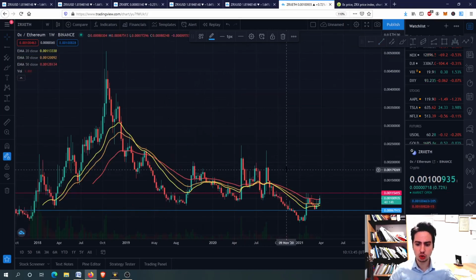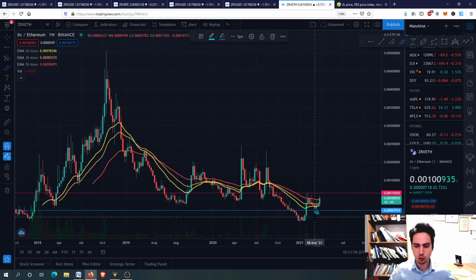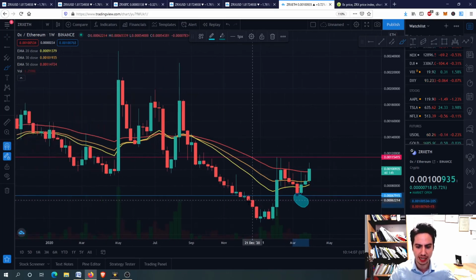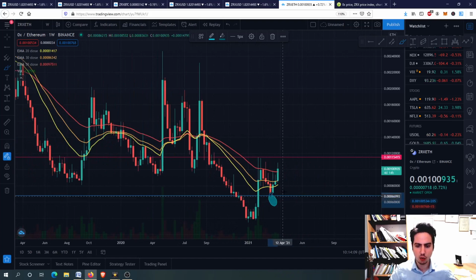So let's go to ZRX against Ethereum. As you can see here, we are in the weekly frame and we are in this support line over here, guys. We are in this support line, tested here again, this one. Let me zoom in a bit so you can see, tested here the level, and now we are moving sideways. We made here the support line, which was previously a resistance line at December, and now I think this is our support line, and I'm waiting to see if it can go up here and go even further above